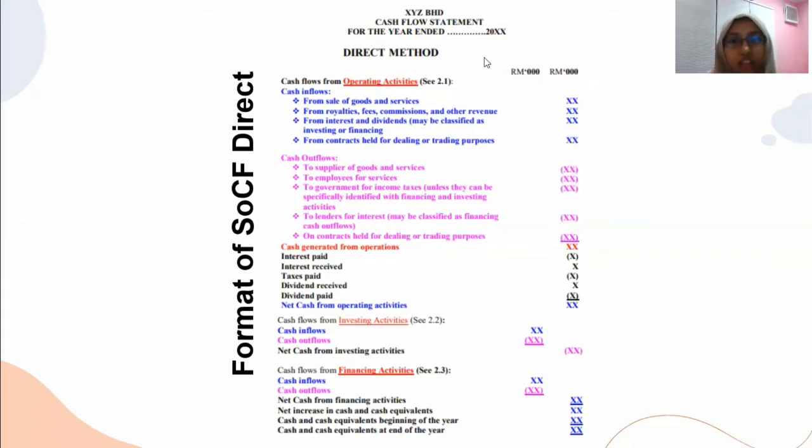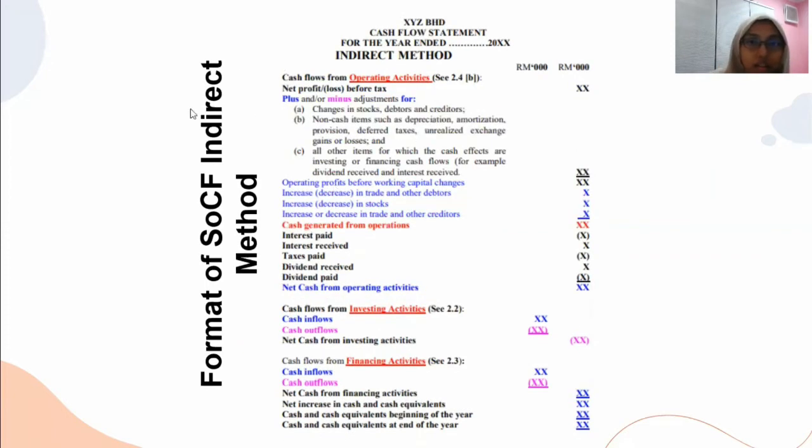As you can see, it's separated into 4 sections, which are operating activities, investing activities, financing activities, and the reconciliation of the changes of the cash. Next, this format shows the statement of cash flow under the indirect method. It also applies the same as the direct method, which shows the same operating activities, investing activities, financing activities, and the